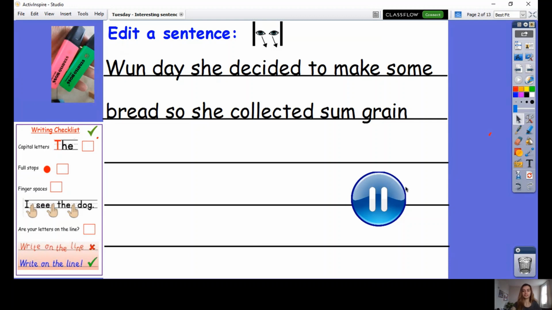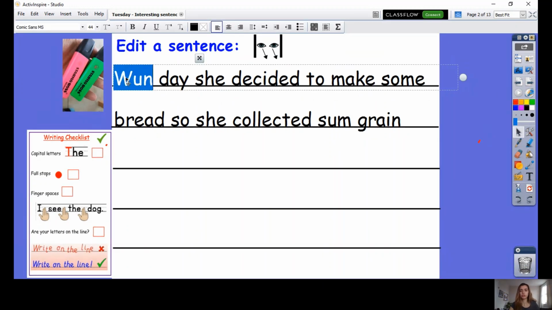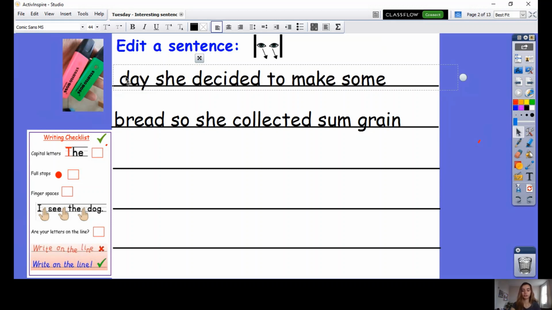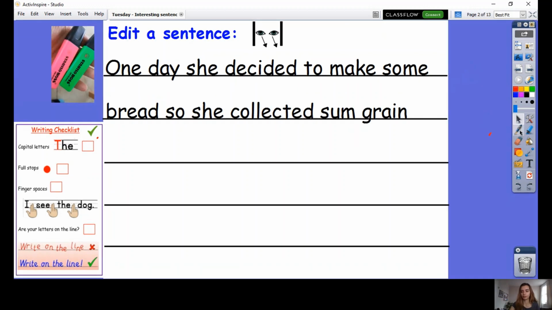Did you spot those 3 mistakes? Fantastic. Let's find them together. First, using our writing checklist, we are looking for capital letters. Do we have a capital letter in our sentence? One. Fantastic. One has a capital letter, but did you spot something? You did. One is not spelt correct. One is a tricky red word. Do you know how to spell one? Okay, can you tell me the sounds? O, N, E is how you spell one. That's a very tricky red word, but I've also got my capital letter for one, so we can tick that